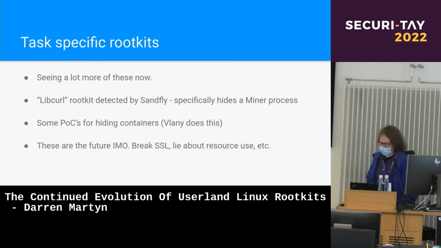And there's also been a couple of POCs for hiding containers. I know the Vlaney rootkit does. It's got a thing for creating a hidden LXC container in it, which I thought was really cool. And I think that's going to be the future of these, because everything's containerized now. We're all moving to Docker and Kubernetes and all that other hipster nonsense. And we're now seeing rootkits that are specific to those environments to create a hidden container, hide the container, and now you've got infrastructure in your infrastructure that you can't see, which I think is kind of